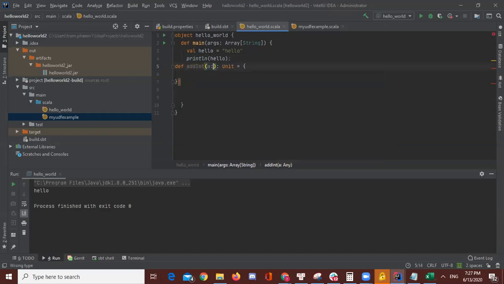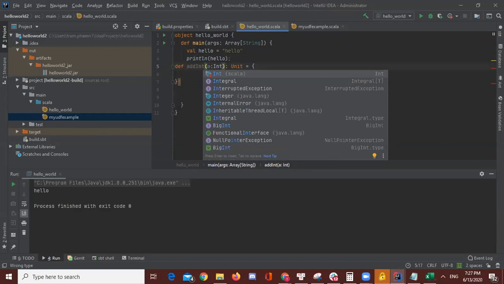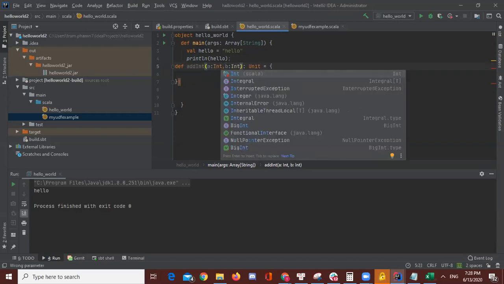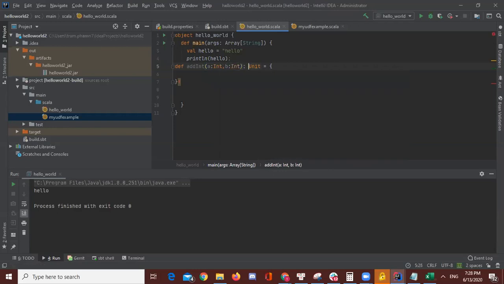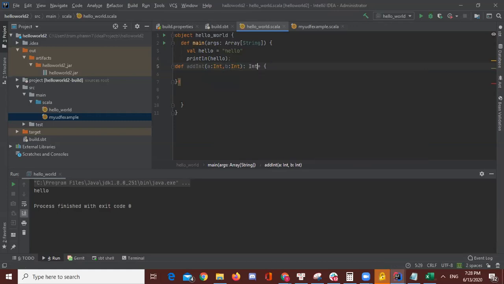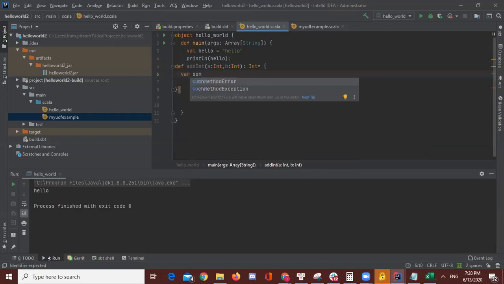Like I was saying, this is integer, and this also returns integer, and this is kind of an integer function, and I say example sum